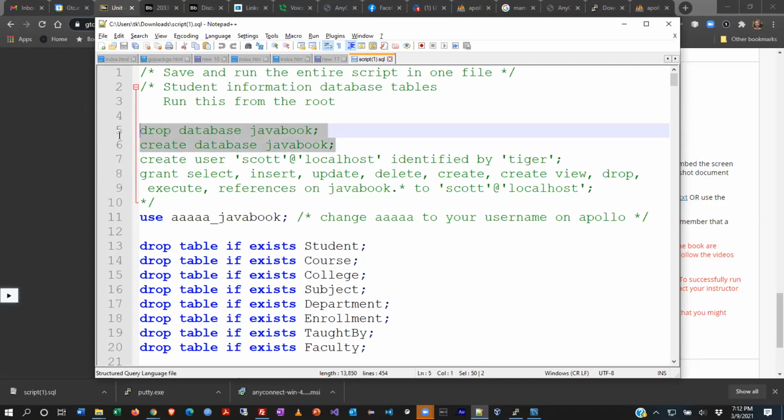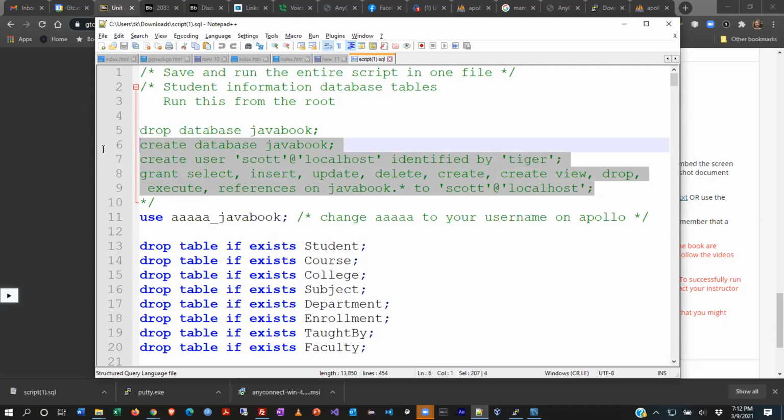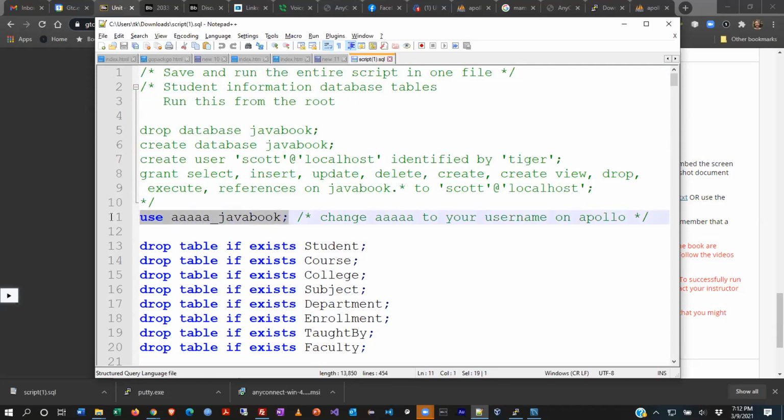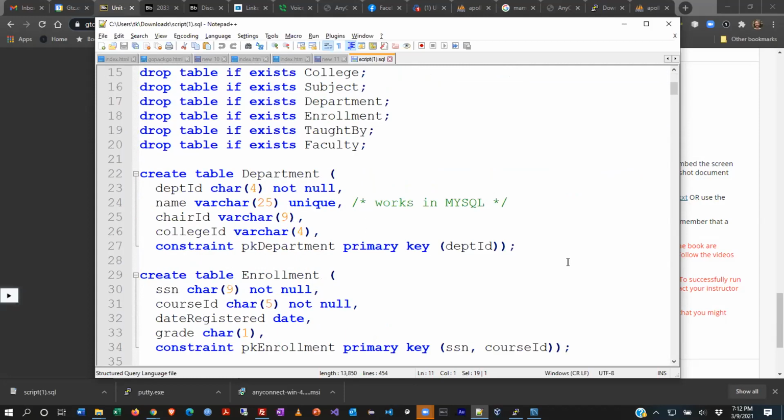From there, it creates it. It sets all the permissions, just like the book showed us. But I'm not worried about that. I left the comments in here so you could see it, but we're just going to start with this command here. So I'm going to start with this command, and then what will happen is we're going to take this